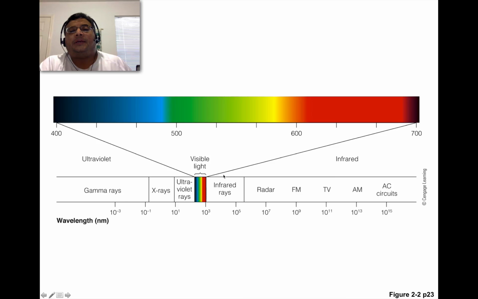Heat energy gives off infrared energy. So your body gives off infrared because you are a mammal and you give off heat, and you can detect infrared. You can detect that infrared heat with an infrared